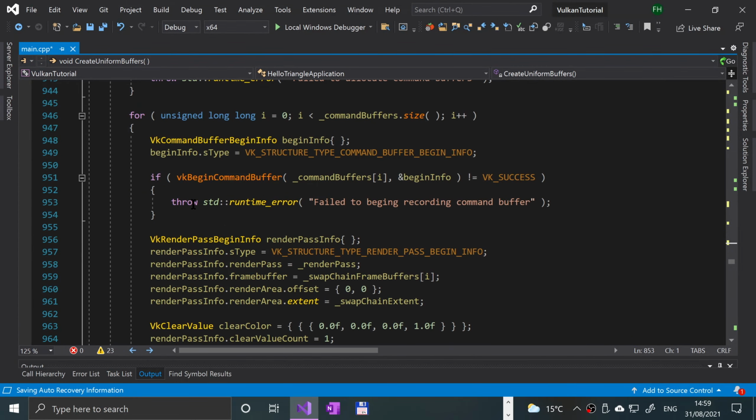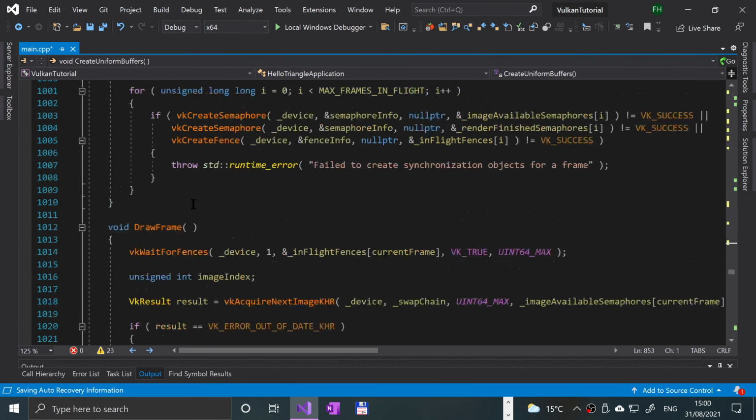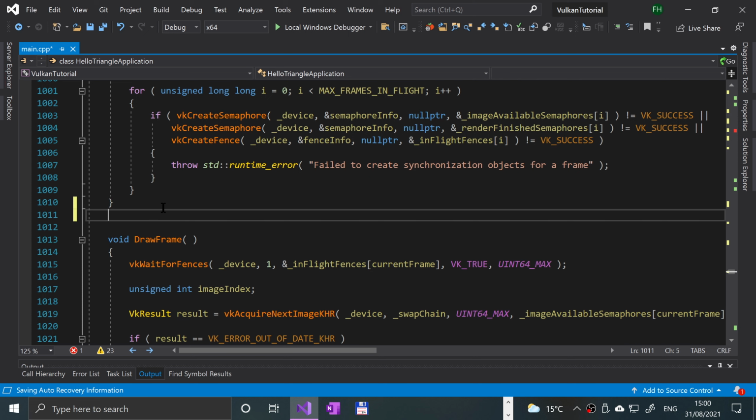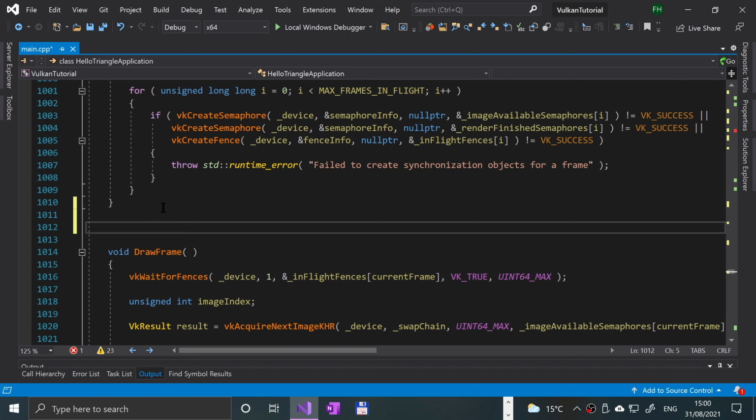So if we go down to drawFrame, we'll just do it right here. And so we're going to update the uniform buffers, and the updateUniformBuffer function that we're going to create will start out with some logic to basically calculate the time in seconds since rendering has actually started with floating point accuracy. So we're going to put void update